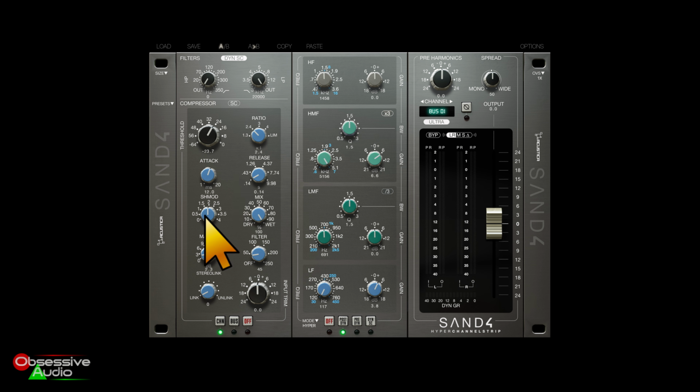The Acustica SH mod, that is the shape of the attack. Get a little bit of a different tone there. Wet, dry mix for parallel compression. Makeup gain. A high-pass filter in the side chain, which is great because it means you don't always have to use this if all you want to do is duck out a little bit of sub out of your side chain. Link and unlink, that's for the stereo,